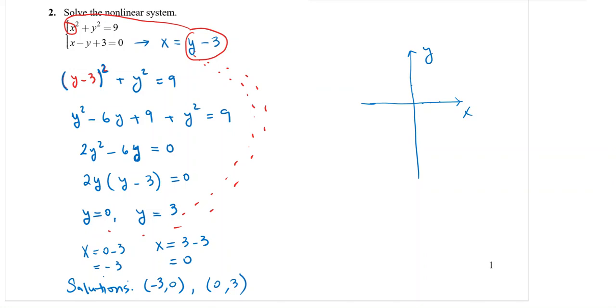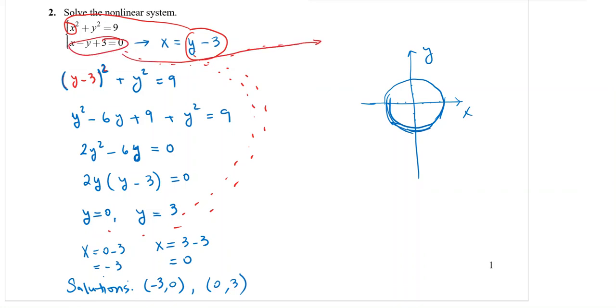So I'll try to make a circle. You start from the origin, you go 3 units. Whoops, all right, that's good enough. That's the first equation. Now for that second equation, if I want to graph it,